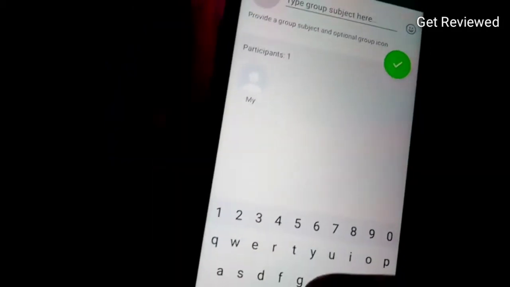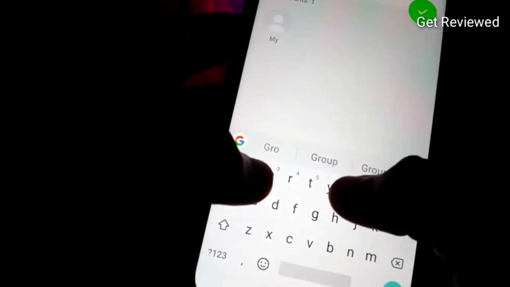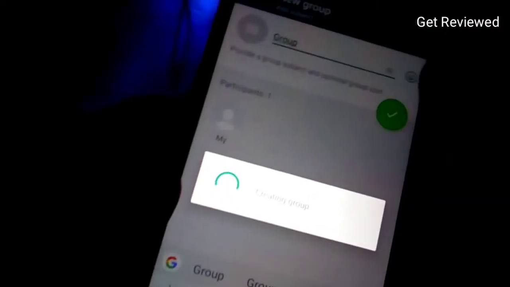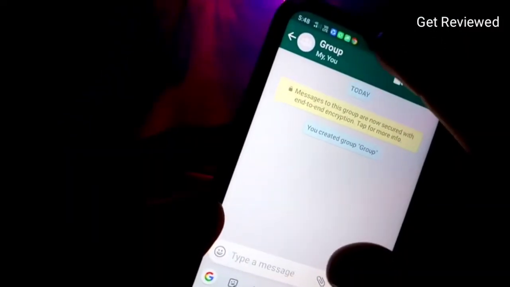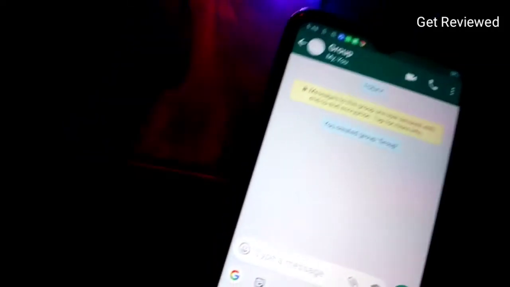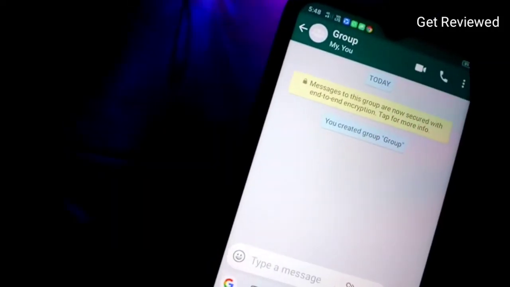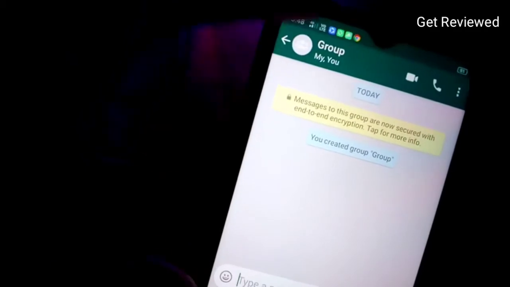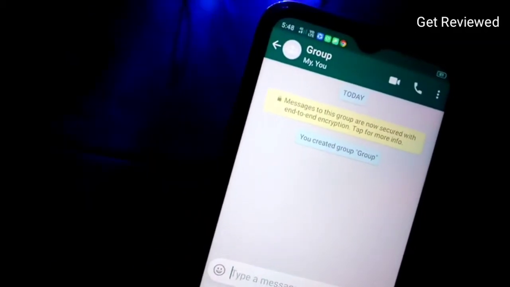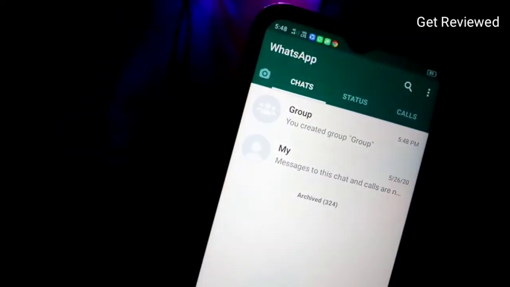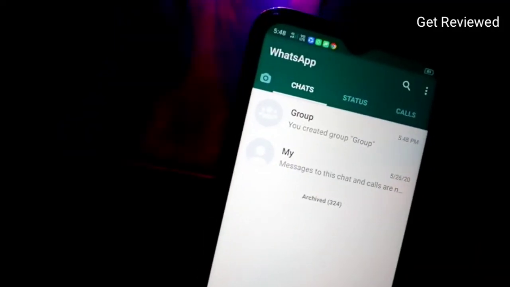Then you have to name the group anything. So it has been named. If the person has blocked you, he or she can't be added in this group, that means you can know that he or she has blocked you. So that's it. Let's go to the next trick.